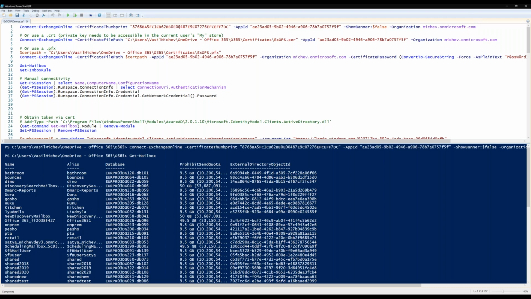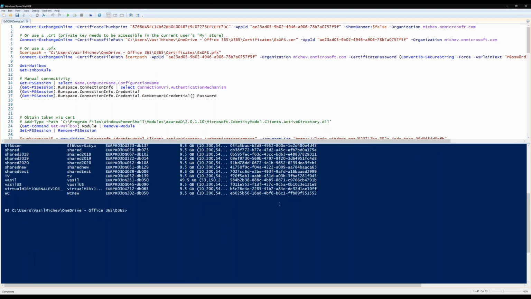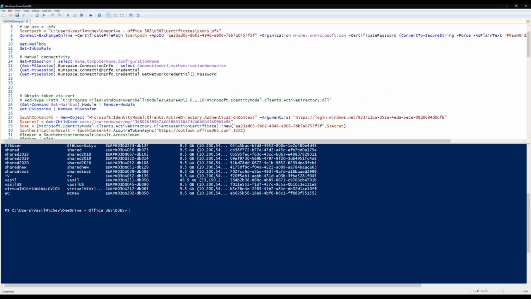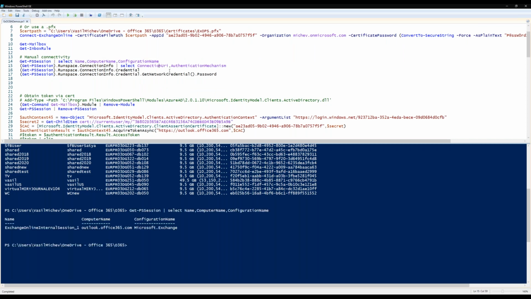And let's cover some scenarios. So currently what we did is basically confirm that we can actually use this method to connect seamlessly to Exchange Online and run some commandlets. Now, just to illustrate what I talked about a minute ago about using the basic authentication WinRM endpoint,